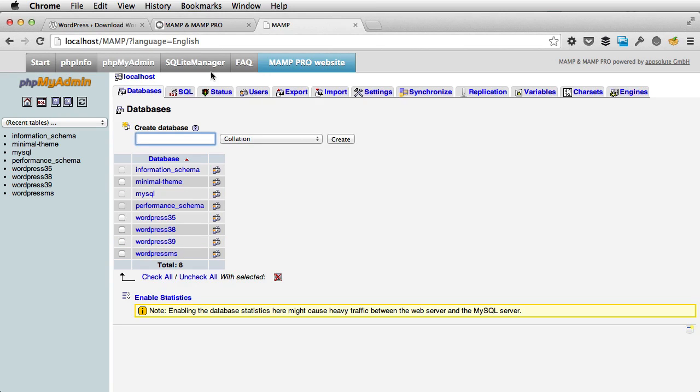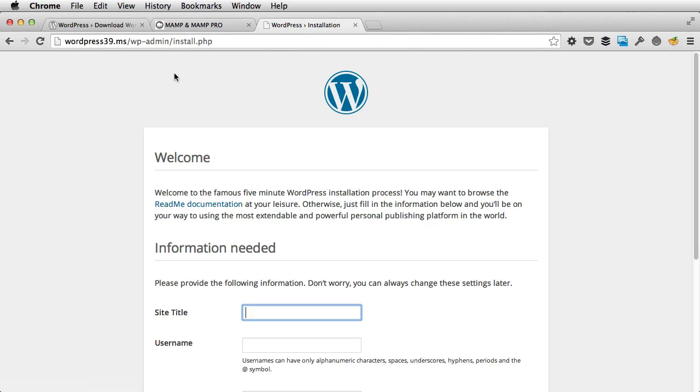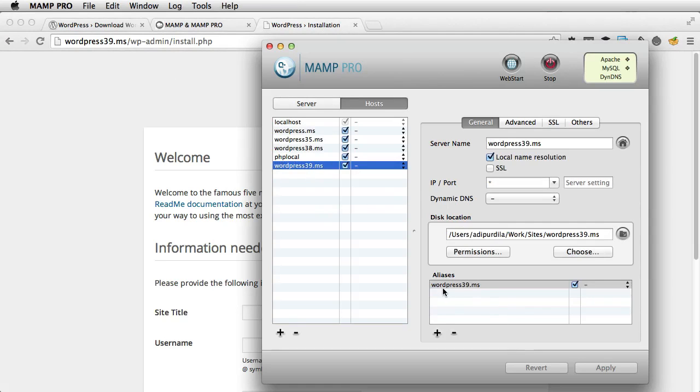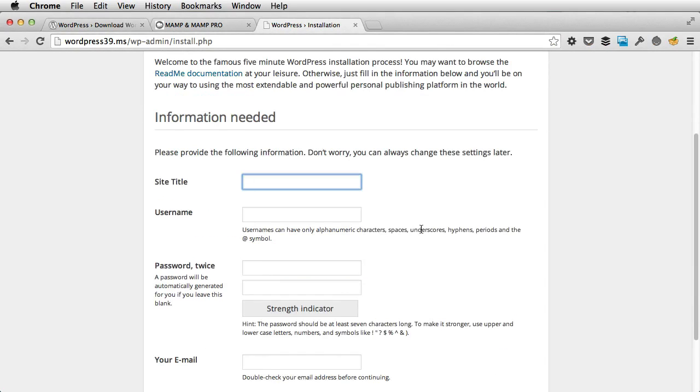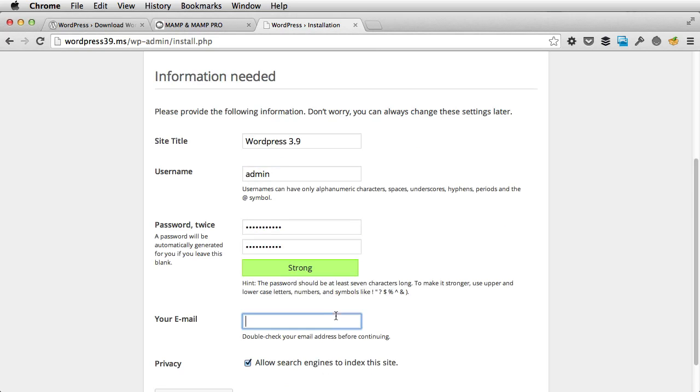Now, once you do that, you can go ahead and access WordPress 3.9.ms. And this works because I've set up the alias of WordPress 3.9.ms right here in MAMP. So it works. Now this is the install screen. It asks you for a site title, so we're just going to say WordPress 3.9. Username, I'm just going to say admin. You got to input your password twice, your email,